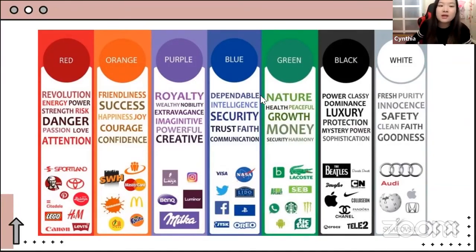Studies actually show that those colors can trigger an increase in serotonin in your body. So it's interesting to see how these companies can really take advantage of using these colors to improve their overall marketing or branding.